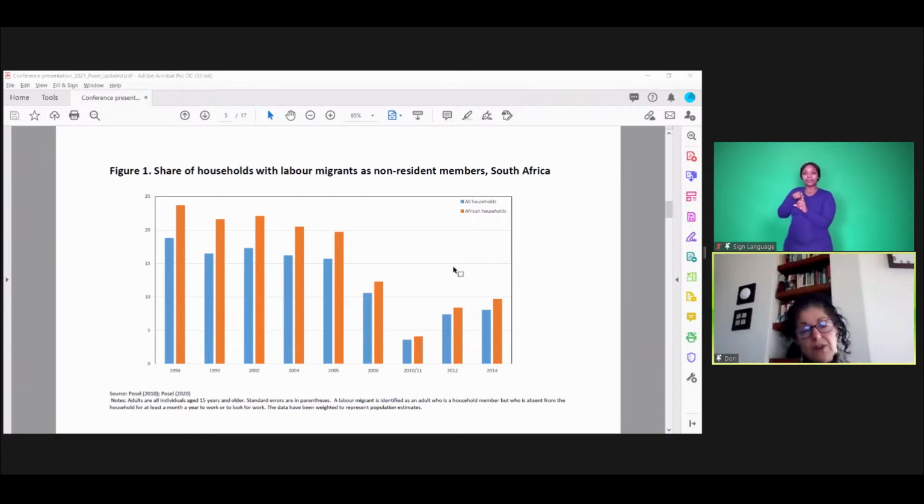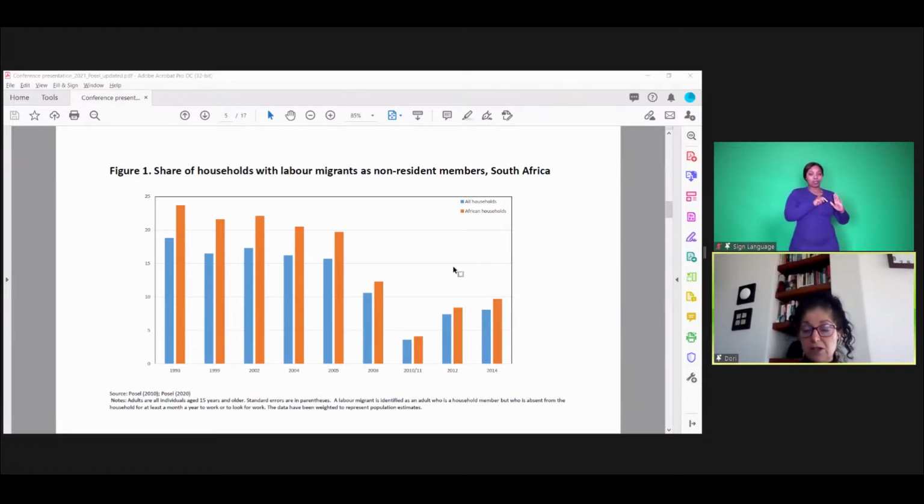With a change in the survey instrument to NIDS, there's a dramatic fall in the share of households that include labor migrants as non-resident members, but the fall is internal to NIDS. It's really pronounced after the global financial crisis and the economic recession in South Africa, which led to very high levels of unemployment. So 2010, there's a precipitous decline in labor migration before labor migration starts to increase in 2012